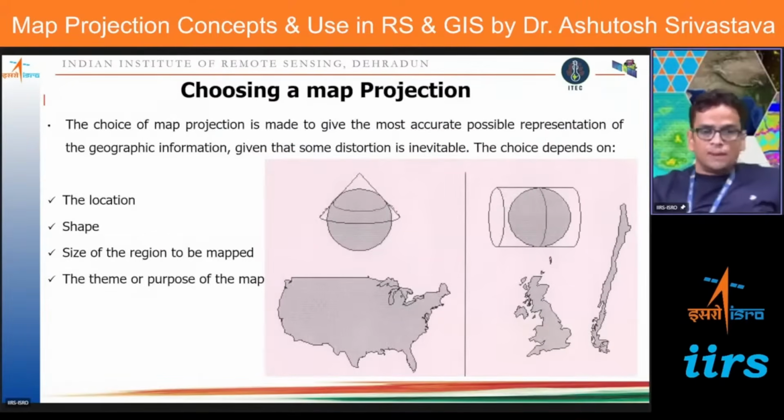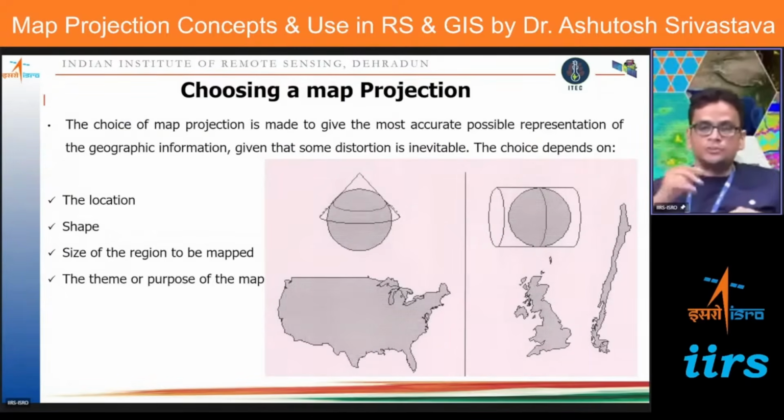The choice of the map projection is made to give the most accurate possible geographic representation of geographic information, given that some distortion is inevitable. The choice depends on the location, type, size, and the theme or the purpose of the map. As I told you, we have different combinations and different map projections available. We have a cone, we have a cylinder, we have a plane map, and in that also we have a tangent, we have a secant,